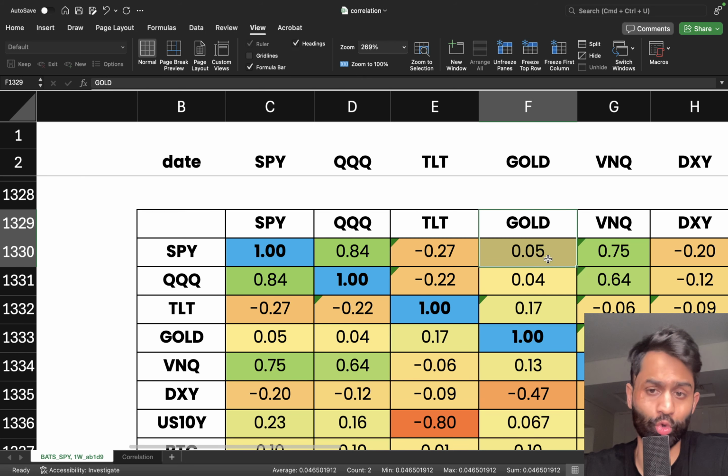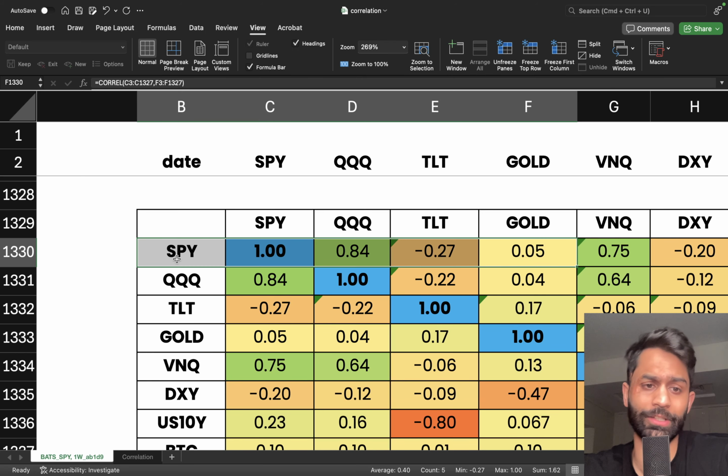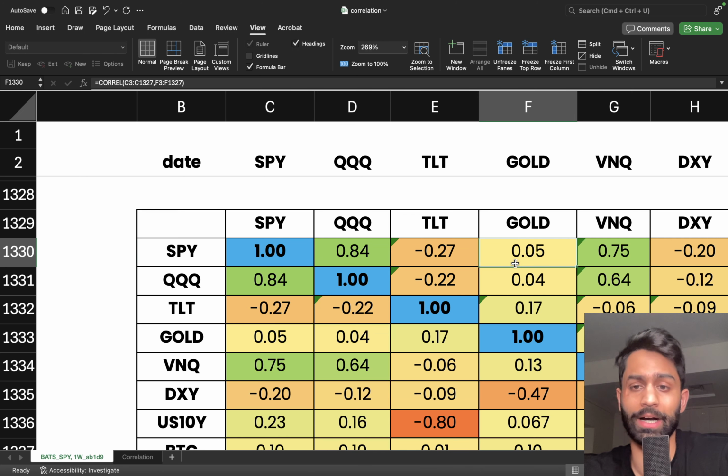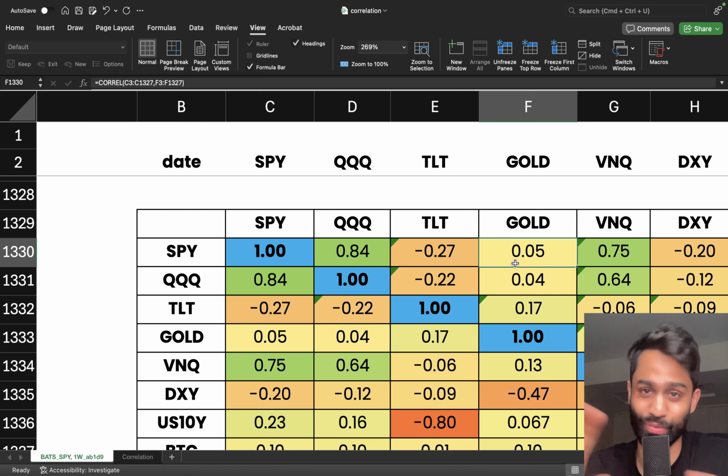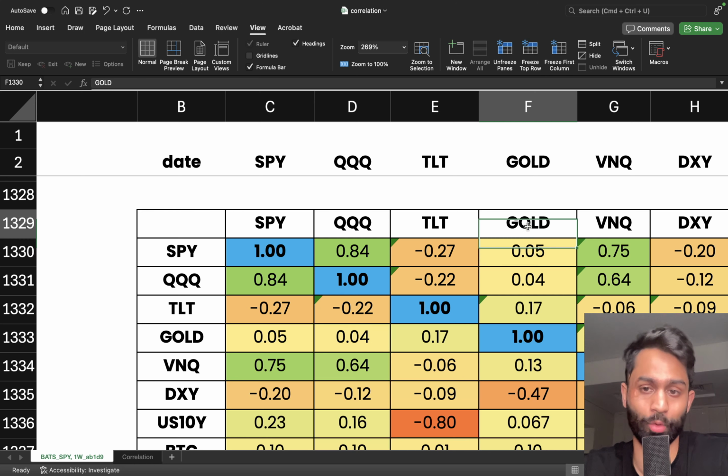Now, if you come over to gold, we have practically no correlation with the S&P 500, so it's about as close to zero as it can be. What we've seen over the last several decades is that as the S&P 500, doesn't matter whether it goes up or down, gold is trading on its own dynamics of supply and demand and its own catalysts. It's very, very uncorrelated to the equity market and what the stocks are doing. So 0.05. That's why I actually prefer gold.